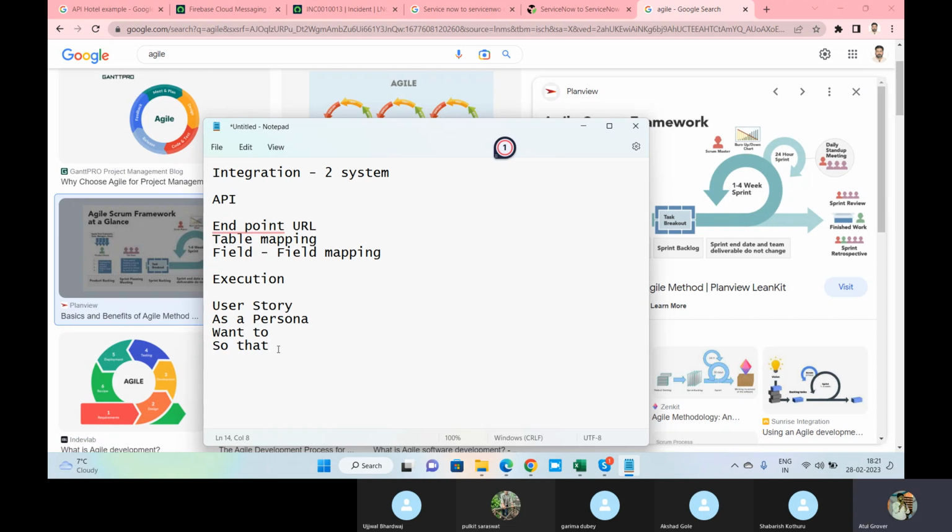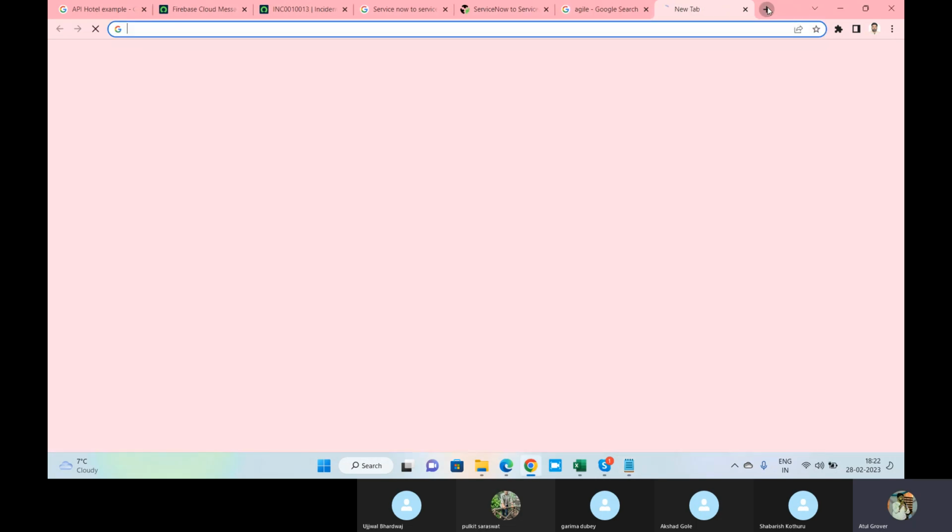Second part: let's say Pulkit develops a web page and Shabrish said no, it's not working. How can you say it's not working? Because you have an AC. That is called the acceptance criteria. Acceptance criteria contain 3 things: when, then, and let me tell you, when, then, or there are 3 terms we use.